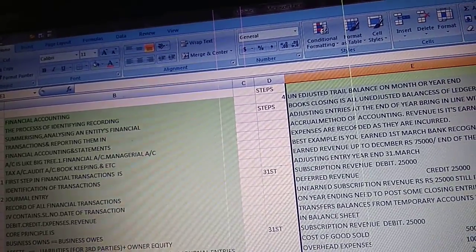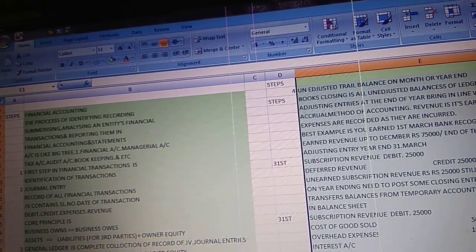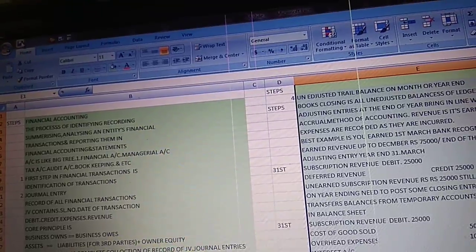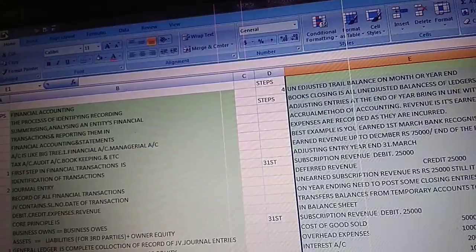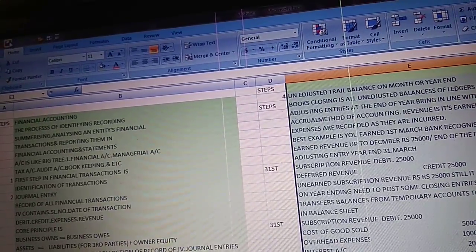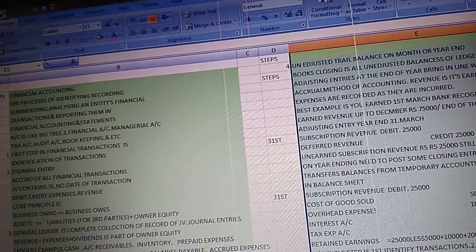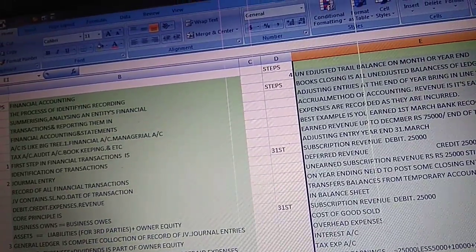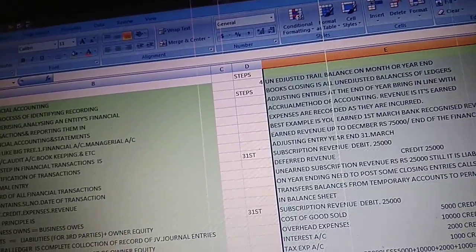At year ending, we need to post some closing entries, called JV general vouchers, that transfer balances from temporary accounts to permanent accounts in the balance sheet. On 31st, subscription revenue debit is 25,000. Cost of goods sold